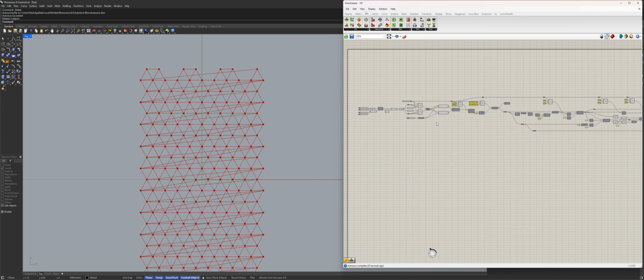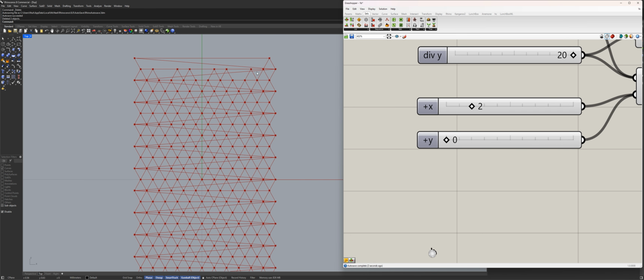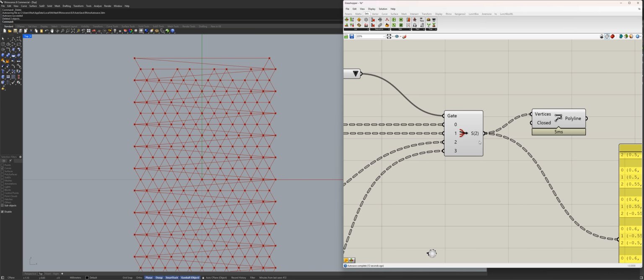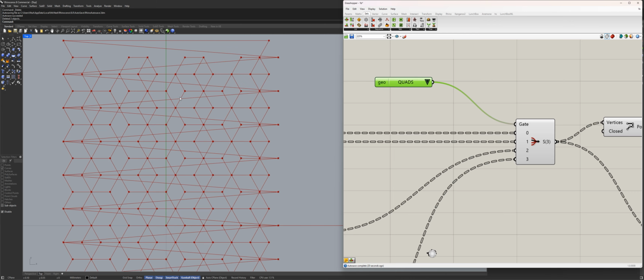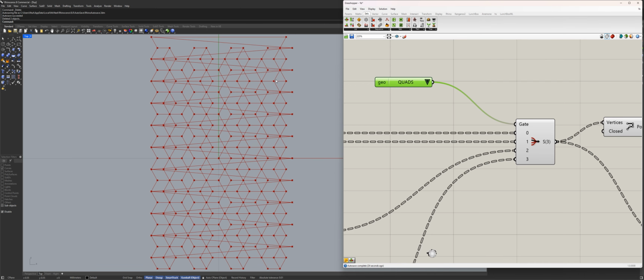Let me actually increase the division on X like this, right? But it's because the centroid is here, but it's supposed to be here. When you wrap around, you will see that it actually constructs the proper construction. And same with quads. Let me plug the quads here. Here are the quads as well, right? And once again, this is the proper connection. It's just really difficult to understand what's going on if you're not thinking about that as unwrapped or squashed